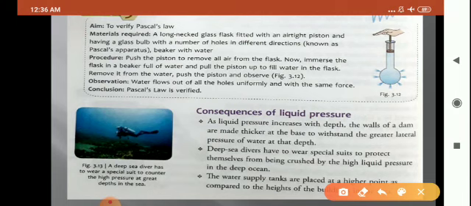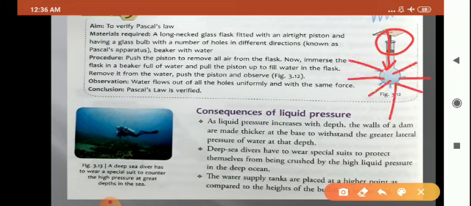This is the verification of Pascal's law. Now here a long neck glass flask is taken, children, and the holes are done here. You can see the water is ejecting out. Okay, holes are done at this bulb of this long neck glass flask. Now what is happening, children? As you can see, there is a piston through which नीचे पानी के ऊपर pressure लगाया जा रहा है. So you can see that same volume of water is ejecting out in all the direction.